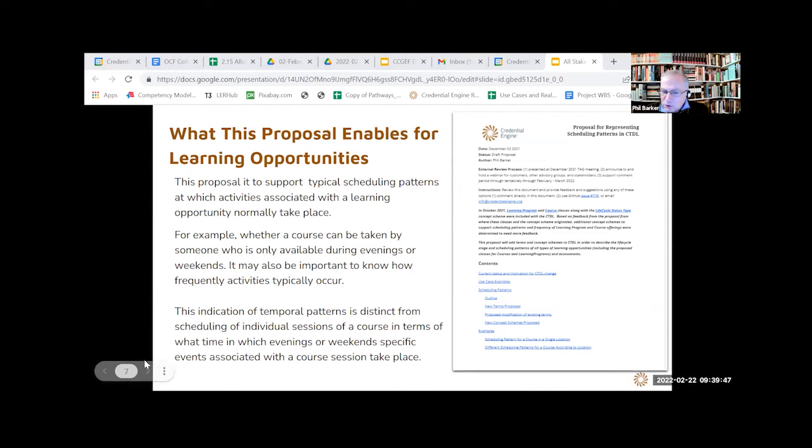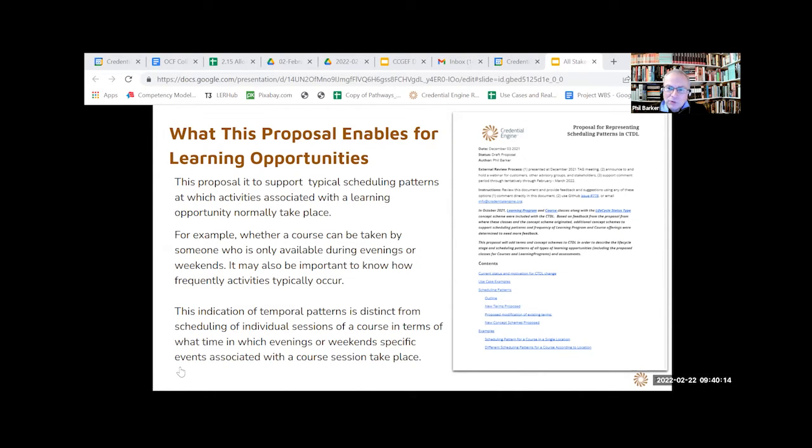What I want to make clear that we're not getting into here is the level of detail that's required for actually putting something into a calendar. We're not going to be talking about what time a particular course is offered on which evenings. That's beyond the scope of what we can usefully offer through the registry, because it would require updating far too often.